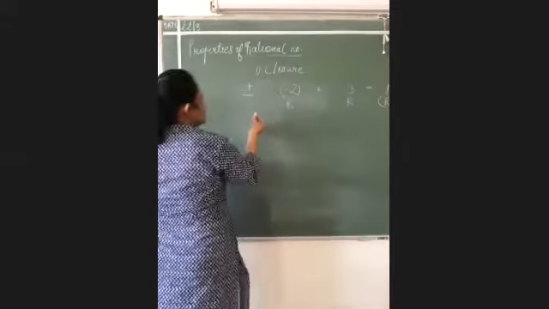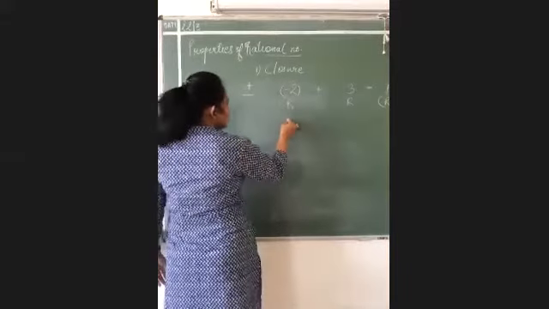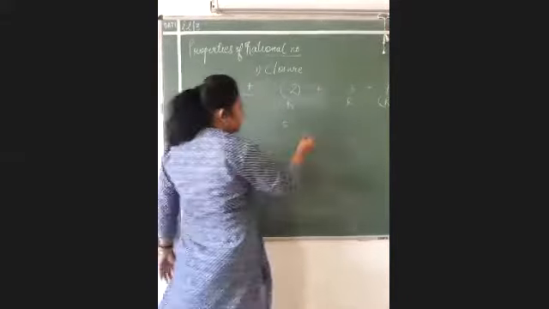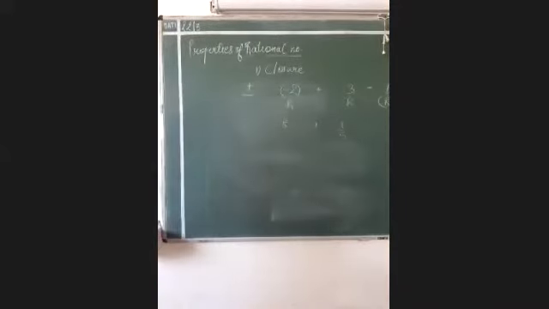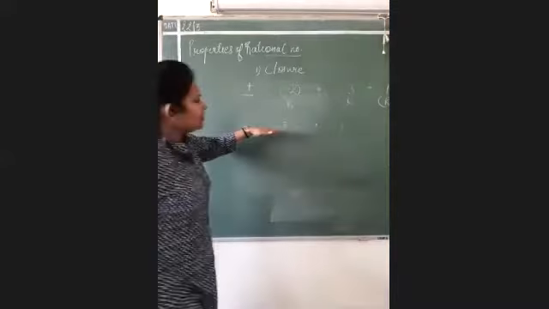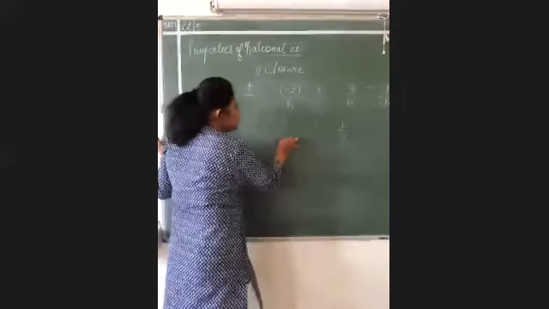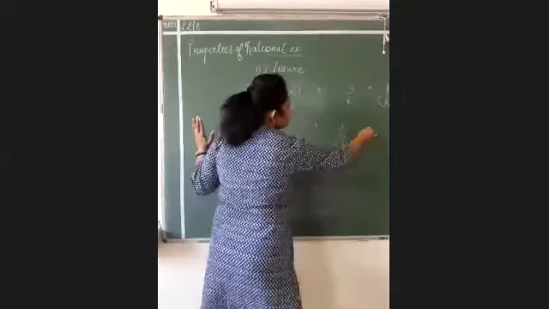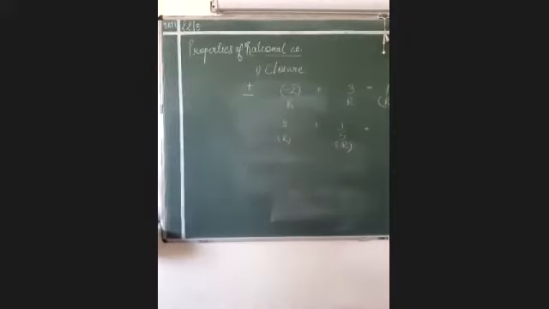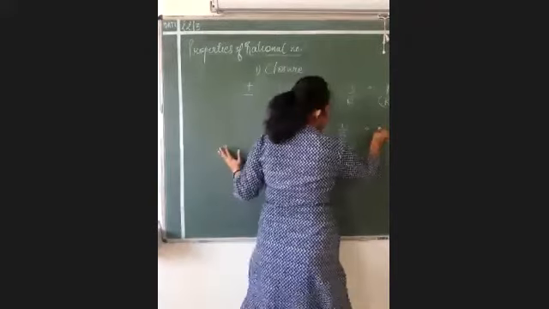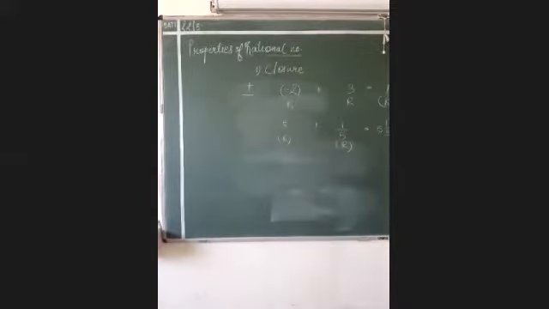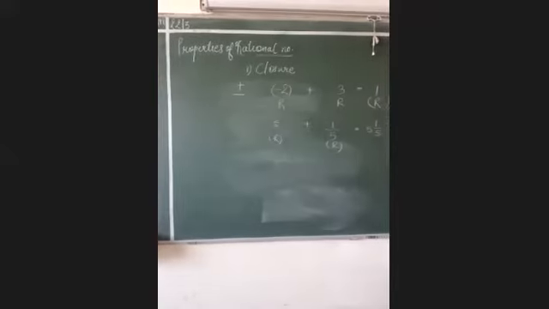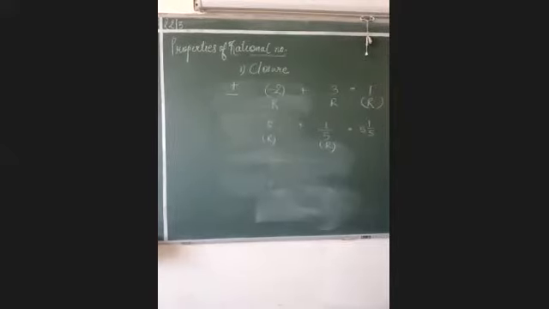Now coming to another question. For example, you have 5 and another one is 1 upon 5. This is a rational number, this is also a rational number. Now let us add these two. You know it will give you 5 whole 1 by 5. Now you are adding two rational numbers. Can you tell me the answer you are getting in this case? Is it a rational number or not?